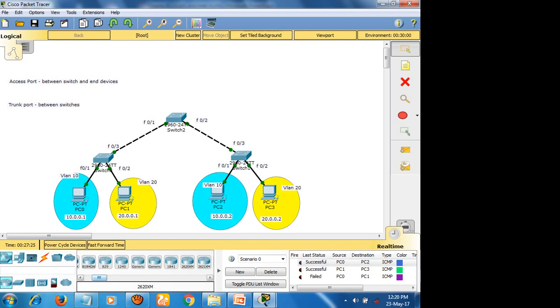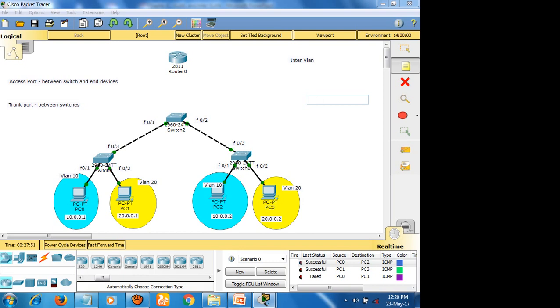First I will take a 2811 router. This is the concept called inter VLAN.